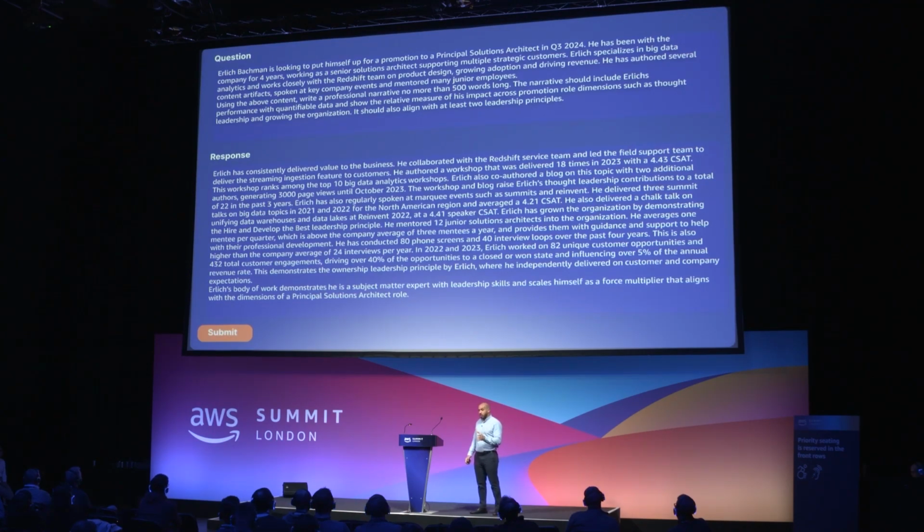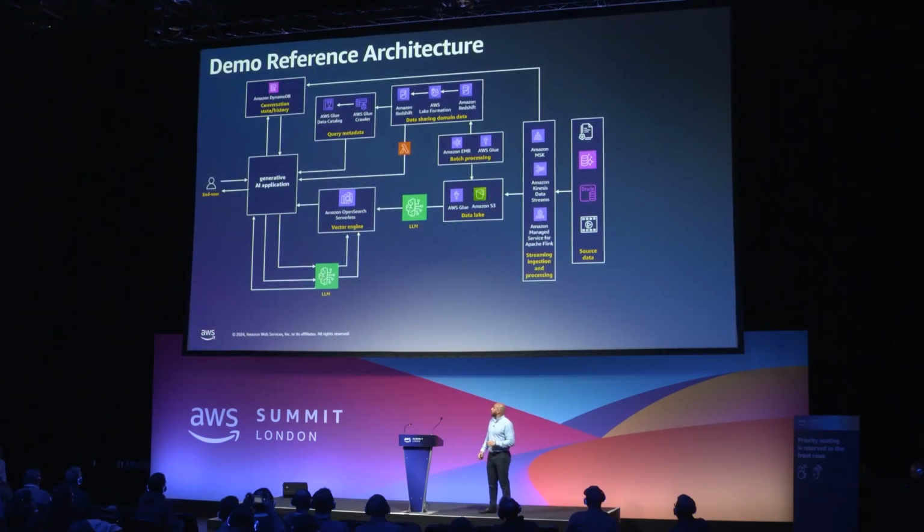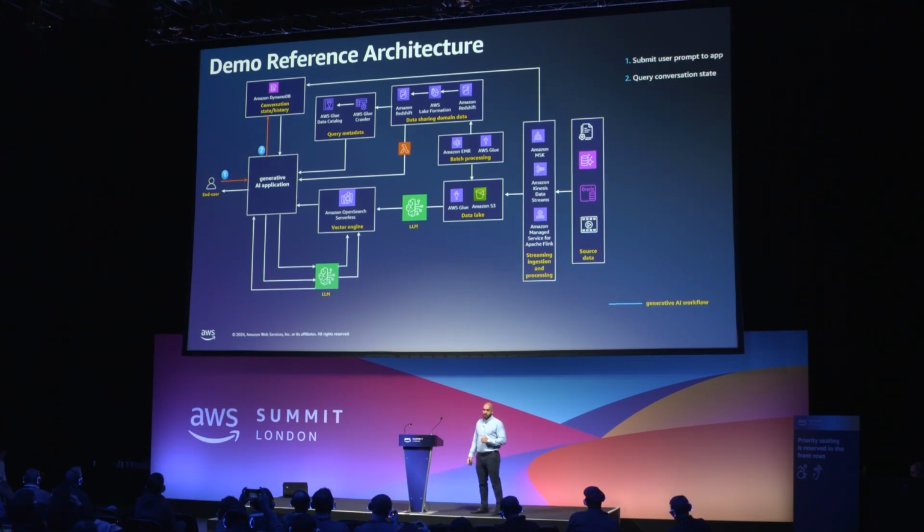So what does this demo look like from an architectural perspective? Let's walk through what this architecture actually looks like and what the components are. So first, we have the user sending a prompt to the generative AI application. The application pings the conversation history, which is stored in a NoSQL database. And then the Gen AI application sends the keywords to the data warehouse and the data lake for additional